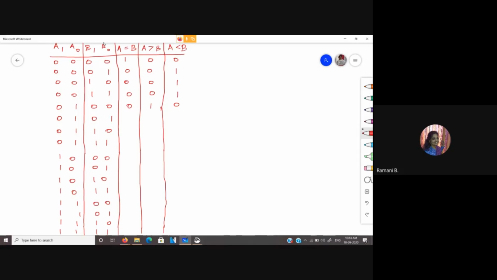Then 0 1 0 1 is an equal combination. Then this is 1 compared with 2, so it is 0 0 1. This is 1 with 3, so 0 0 1. Then for 1 0, this is 2 that is compared with 0, 1, 2 and 3.